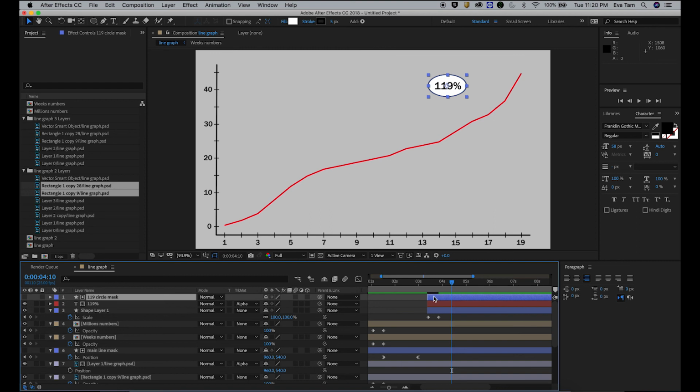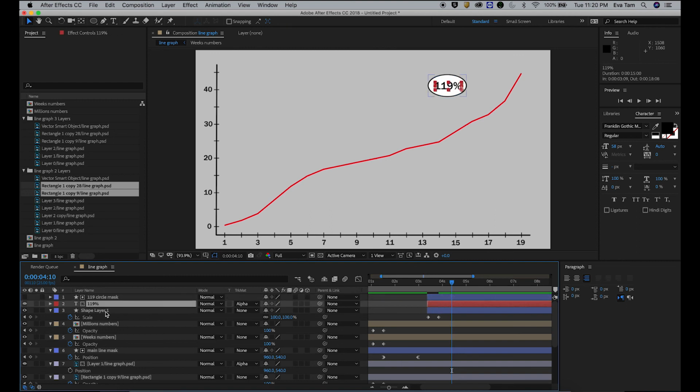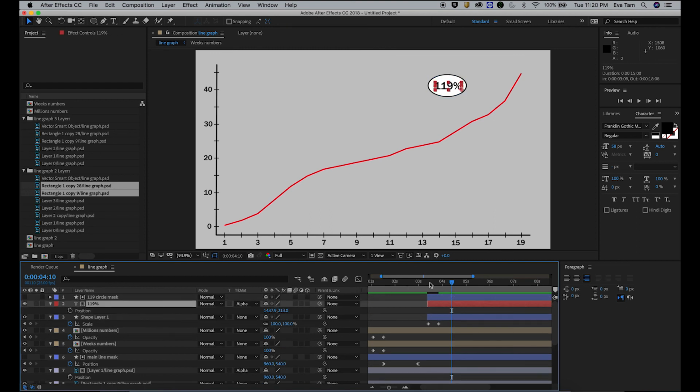And what you can do now is if you go to 119 and you do P for position, you put your one keyframe here, and then you go back to where the circle first starts, and then you can actually move this up, meaning now you can have 119 perfectly dropping into the circle as if, you know, it's magic. You get it?